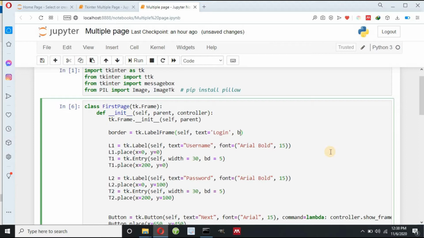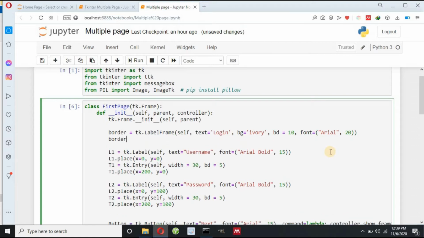And now I can pass a background color equals to suppose ivory, which is similar to white color, ivory. And then I can define border equals to suppose 10, and then font equals to, I can use any font, Arial, Algerian, Times New Roman, and size of suppose 20.